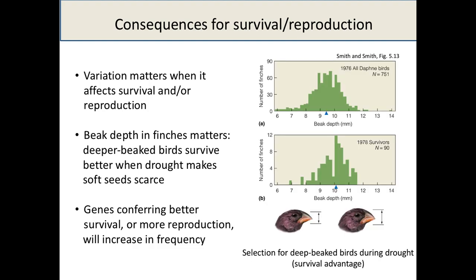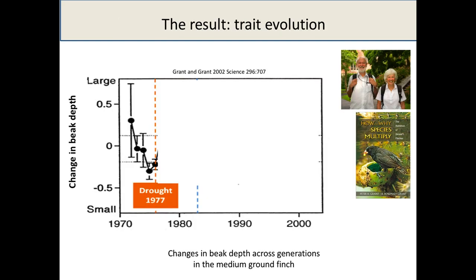This is some notes. This is basically what I've already said. So, what happens? Let's go forward. Okay, so this environment was primed, ready for a study of evolution. These two scientists, who look like a standard granny and granddad, or anything but, are Rosemary and Peter Grant, who are emeritus professors at Princeton, and have been studying this system for around 30 or 40 years, almost 50 years, and are still working in this